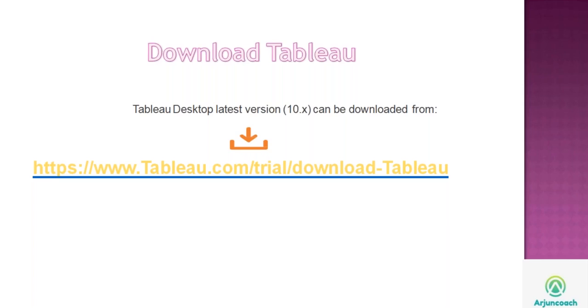So now, Tableau has a free version for practice purposes, and for project purposes you need to get the license.